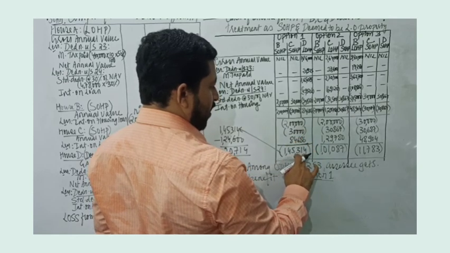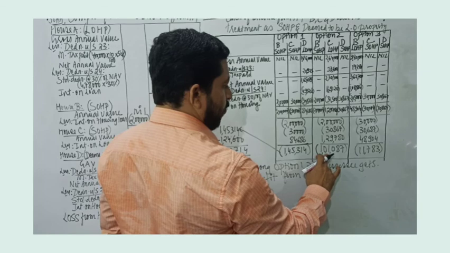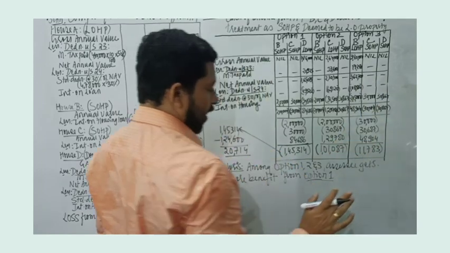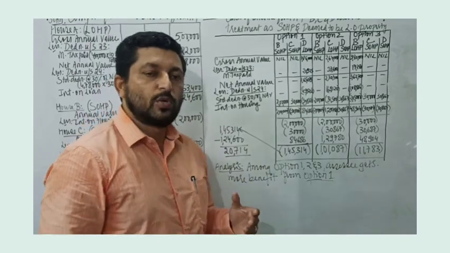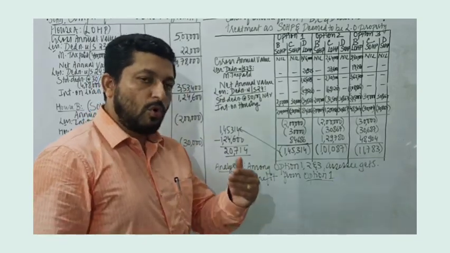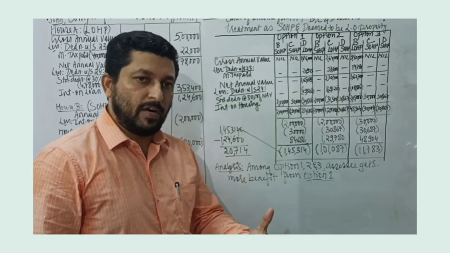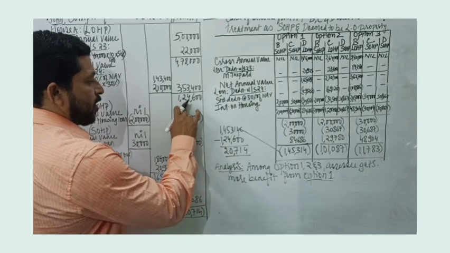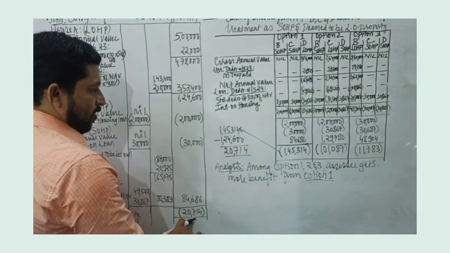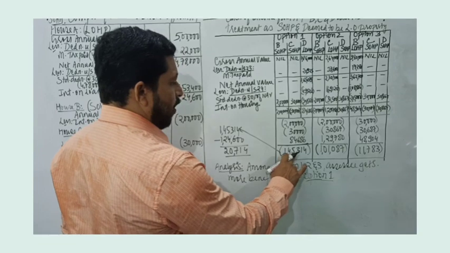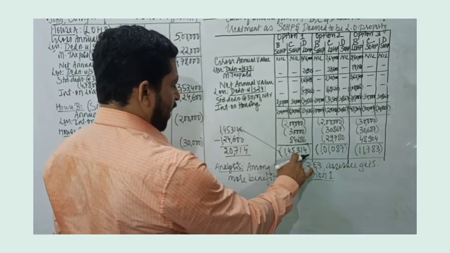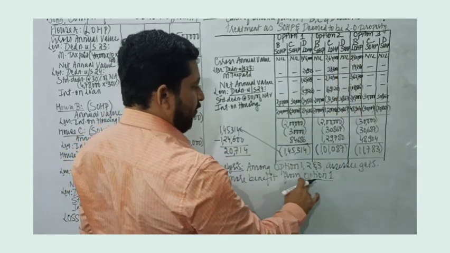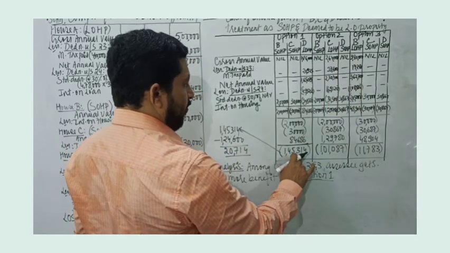So we get all these numbers for each column, and in option 1 we get minus 1,45,314. In option 2 we get minus 1,01,087, and in option 3 we get 11,783. So the question is, which option should the SSE choose? Whichever option gives the SSE more benefit. And if you look at it, a more negative value means the SSE can claim deduction from the positive income and reduce his tax liability. So 1,45,314 is more beneficial. Among options 1, 2 and 3, the SSE gets more benefit from option 1, which is 1,45,314.